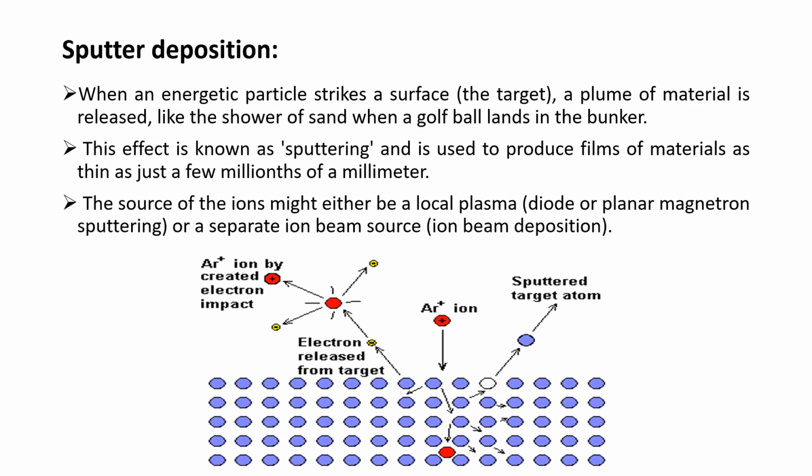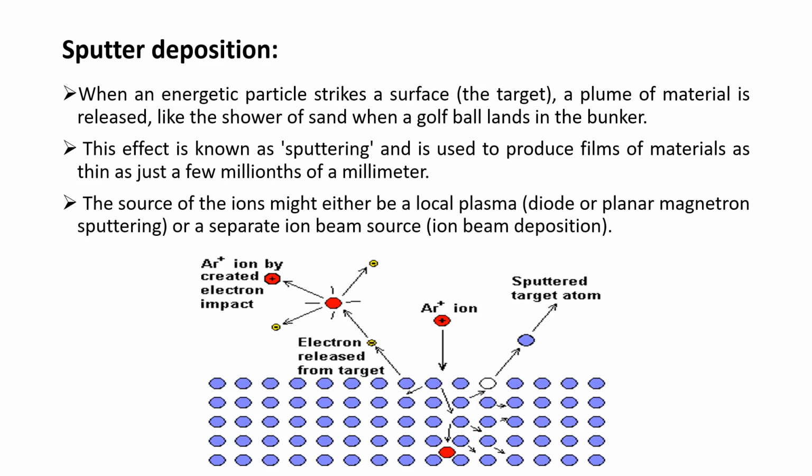This technique is used to deposit a very thin film of atoms on the surface of the substrate in order to prevent it from the environmental interactions. The source of the ions might either be a local plasma, diode or planar magnetron sputtering, or a separate ion beam source, ion beam deposition. There are various types of the sputtering that depends on the sources of the ions that strike on the surface